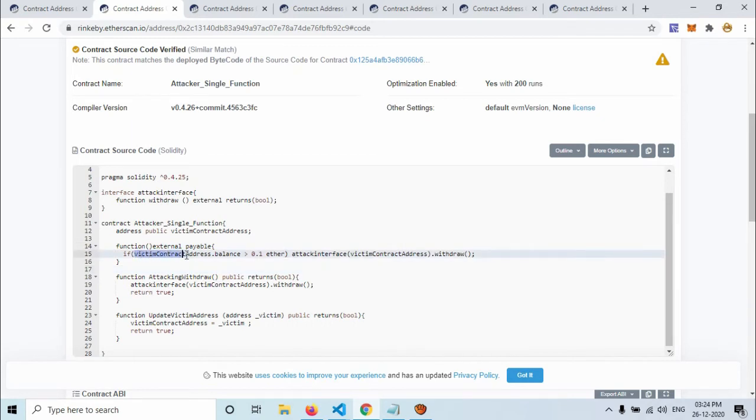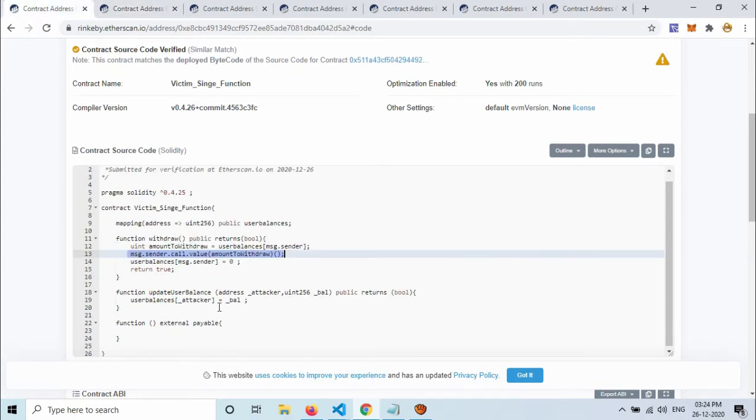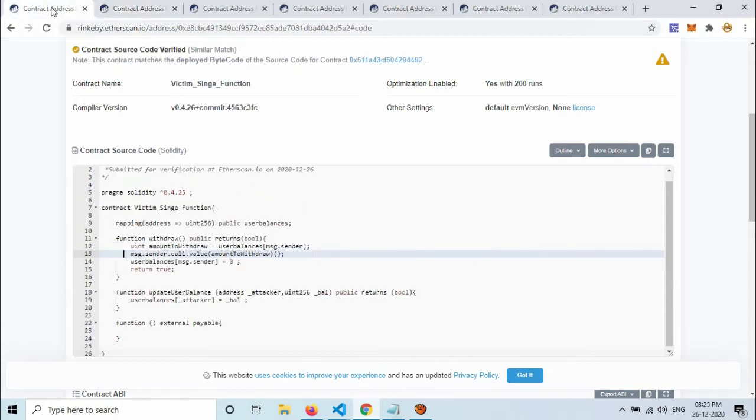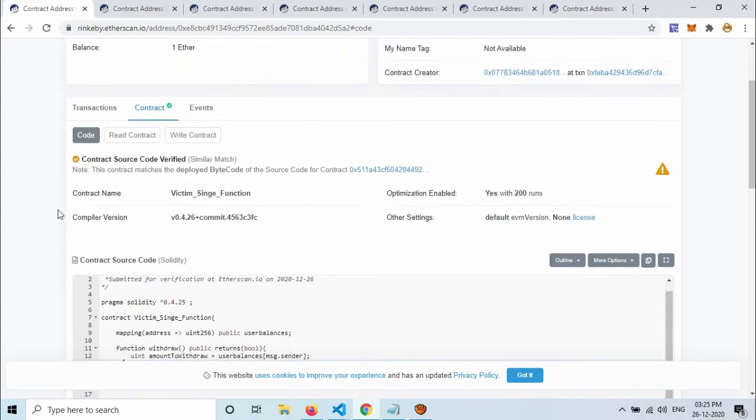Inside this fallback function, it will check that the ether balance in victim contract is greater than 0.1 ether. It will call the withdraw function again, and then victim contract will send the same amount from this line again, and this will happen again and again, and the entire balance of victim contract will be drained.